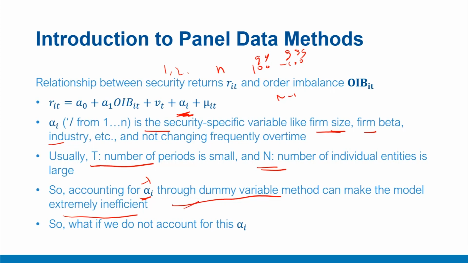Although we will discuss this dummy variable method as a part of LSDV, least square dummy variable method, later on as well, I hope we have some intuition. So let's say we have only two periods, t equal to 1 and t equal to 2, and I want to account for this through a dummy variable. Then I can place a dummy variable d, which takes on value of 0 when period t equal to 1 and d equal to 1 when t equal to 2.